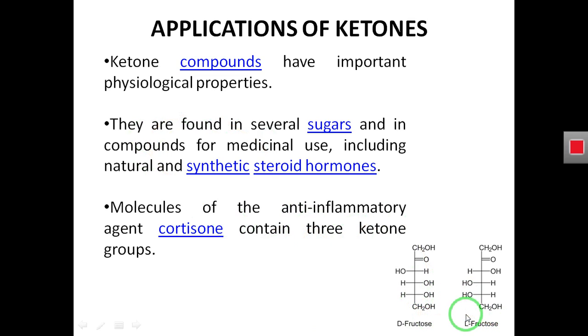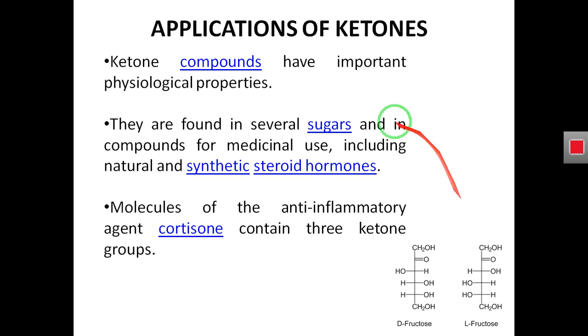Sugar may be an aldehyde in nature. For example, glucose is an aldehydic sugar, and fructose is a ketonic sugar. Here we can see the structure of D-fructose, and it has a ketonic group, a carbon atom attached with oxygen by a double bond. Fructose is part of many ingredients. For example, we can use fructose in our food, in juices, and in bakery products.